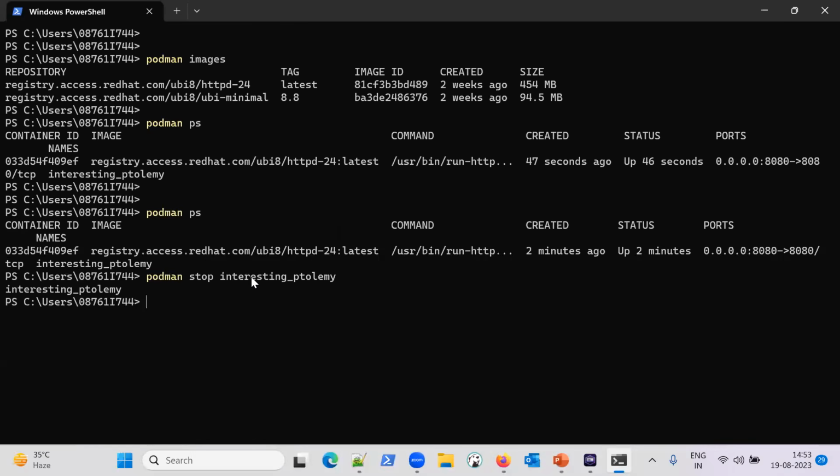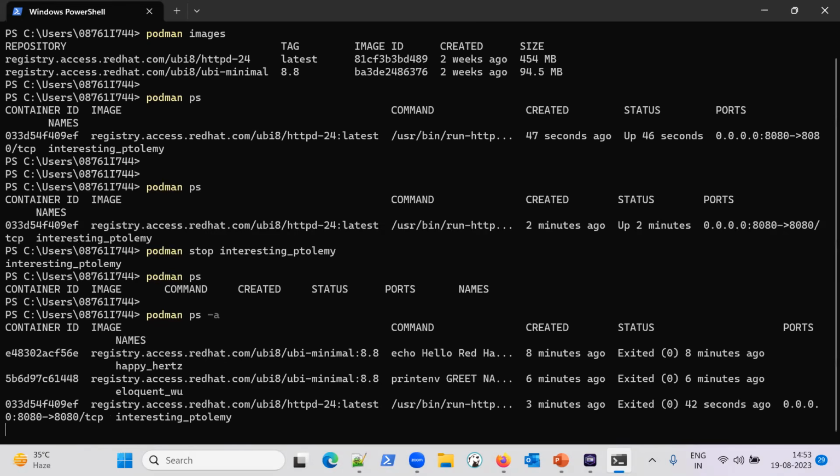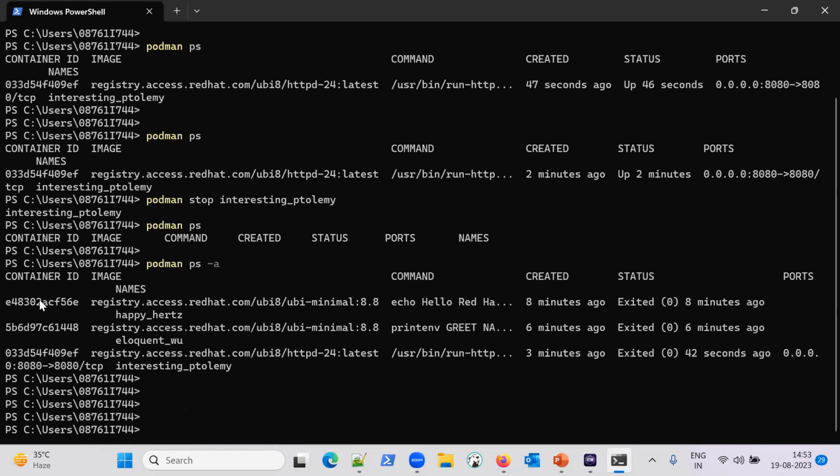Now we have stopped the container, and if we again give the command podman ps, it will return us nothing, because no container is currently running. So we have to give the command podman ps with the hyphen a attribute, meaning all. Now it will return all containers. So it has returned these containers. Now we need to remove this container. If we want to remove it, we will give the command podman rm,